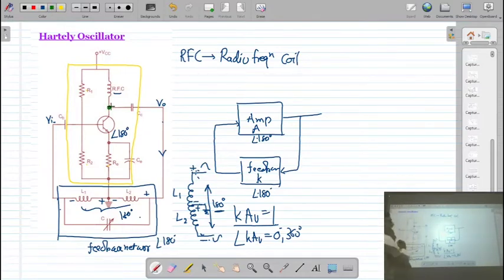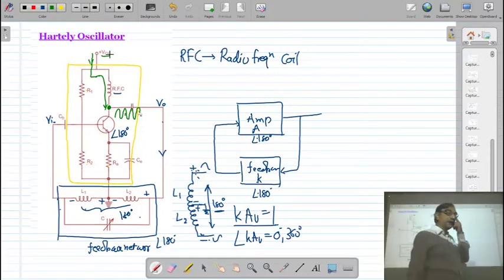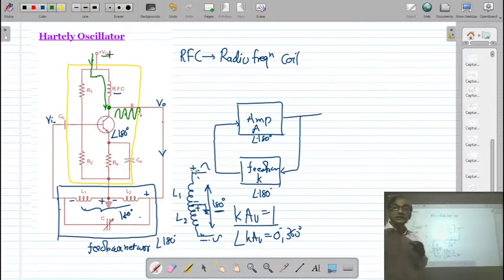then at this point on the collector, whatever current is going to flow, that current is also going to increase or decrease in this way. So the collector current is going to flow like this, and this collector current is coming from the power supply. Remember, it means the current will also change in the power supply. And if the power supply is unregulated, then the power supply voltage is also going to fluctuate.